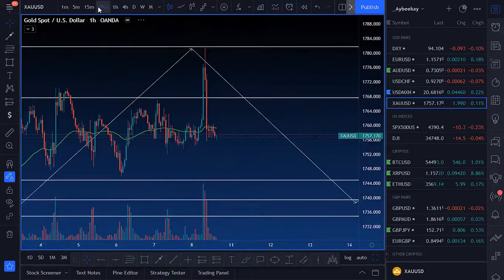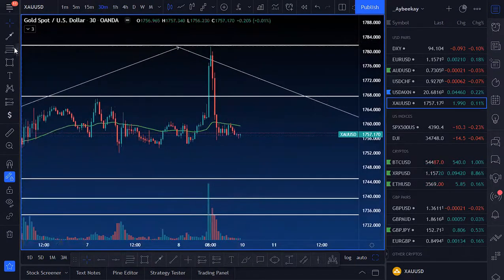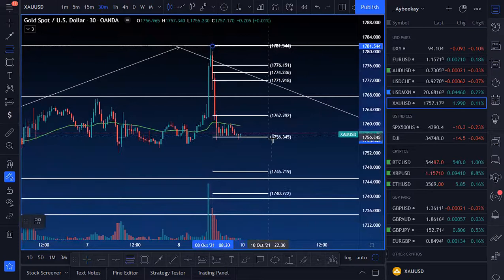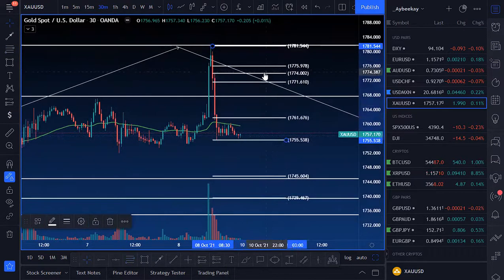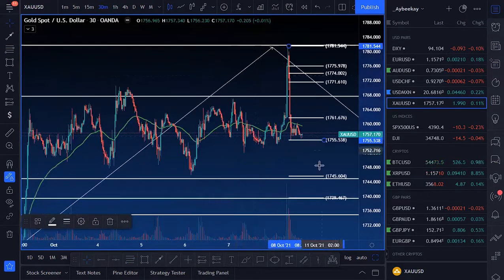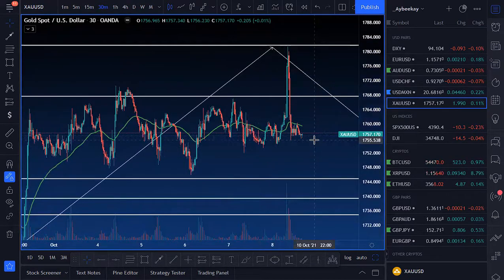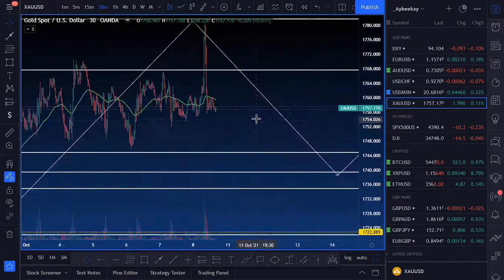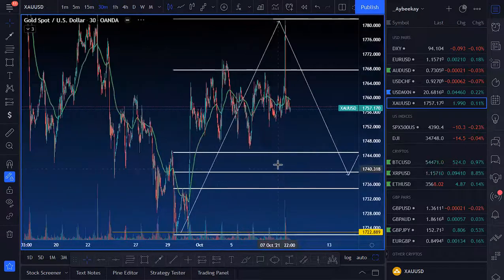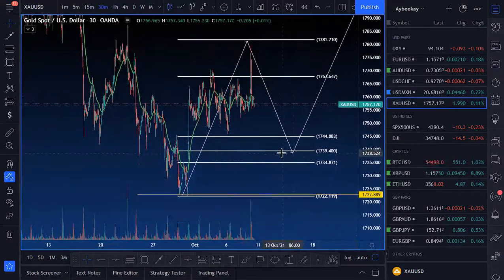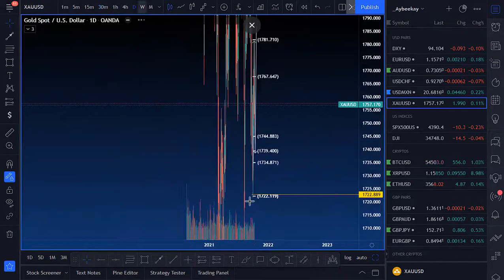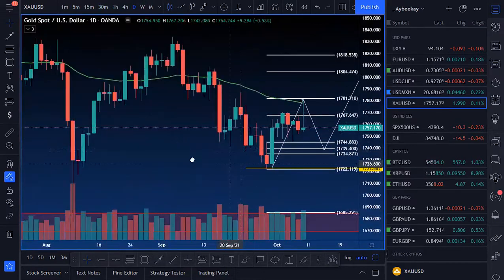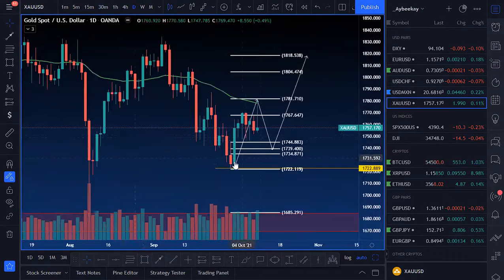So, like I said, this looks more bearish to me than it looks bullish. What I would have to see if I wanted to get into a sell, which is kind of where I'm at, is price pushing up to 1774 and then continuing to the downside. I don't think it's going to happen. I think price is going to end up falling. And even if it does fall, this here where I'm trying to get price at 1739, I'm not so certain it's going to happen. So got to be really careful with gold. I think this thing is just going to keep pushing to the downside. But again, this is something I would watch out for regardless.